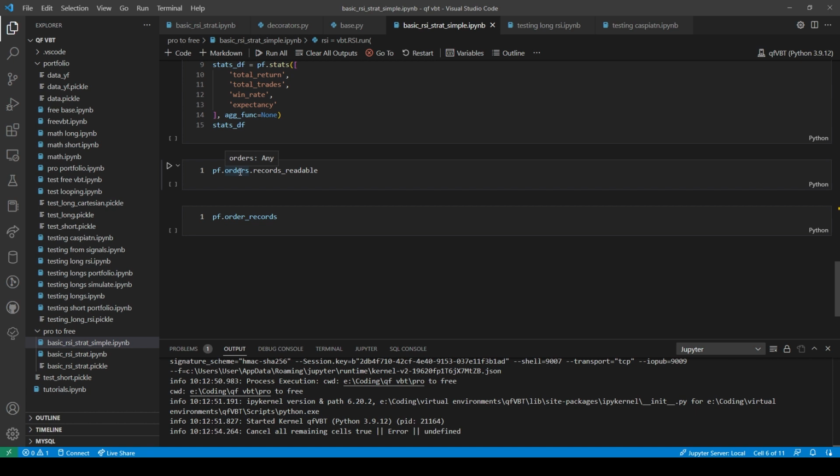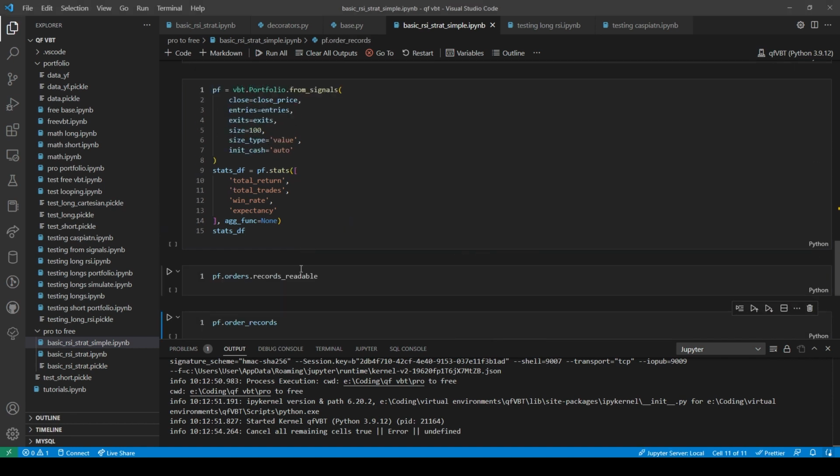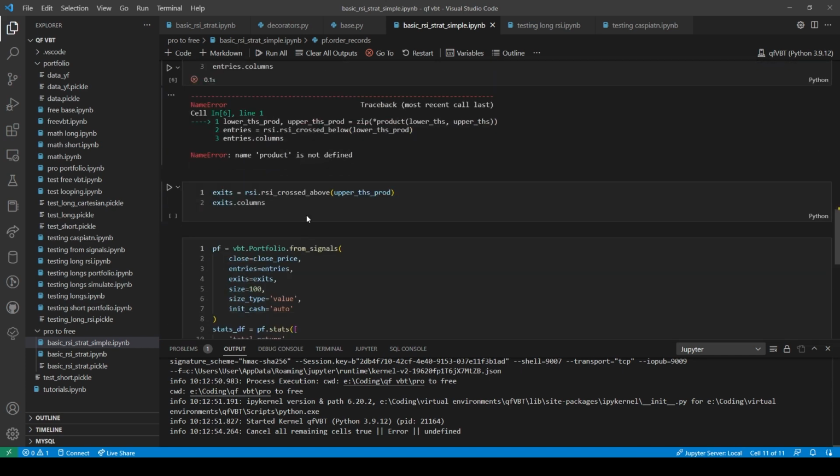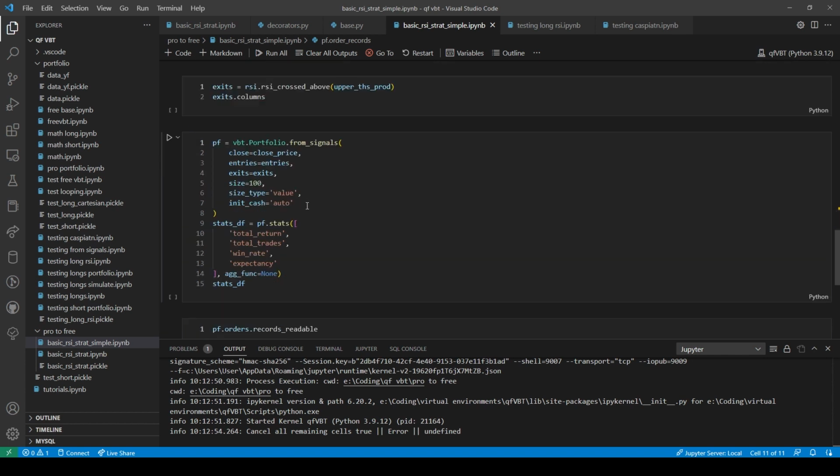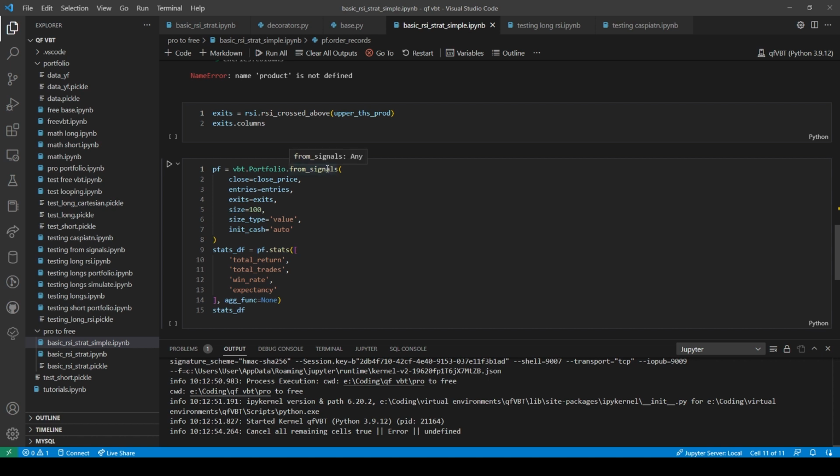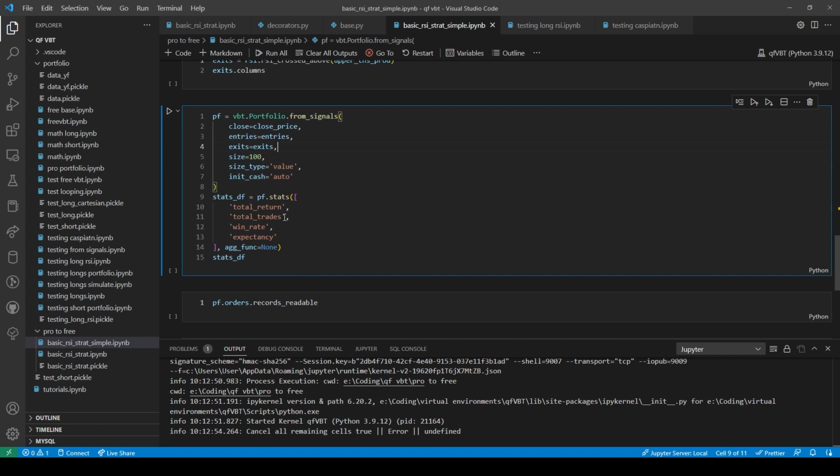Because here's where I'm gonna have to create my own records readable, my own orders, because this very last part is going to have to do this, where I'm gonna have to figure out a way to take all these columns and somehow create my own from signals that takes the data frame and the data frame and the data frame, and then it takes the order, and it takes the account state, and it takes the entries and the exits, I guess, and then it